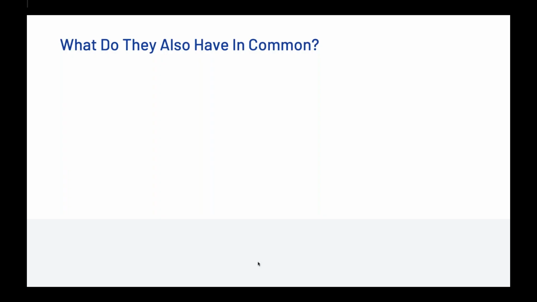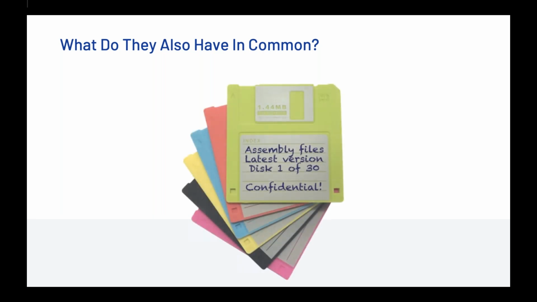So what do all those systems, both the drafting room and the computers, have in common? Well, they create copies of data, either through physical blueprints or through files, right? Of course, we're not storing things on floppy disks nowadays, just to make a point here. Everything is stored in files, right? And even if you're using a PDM system to manage the files at a company level, it's still managing the files. And only one person at a time can work on a file, with all the rules of file-based data management that are out there. So